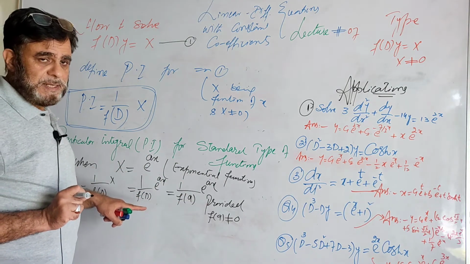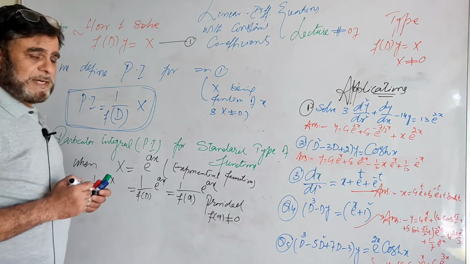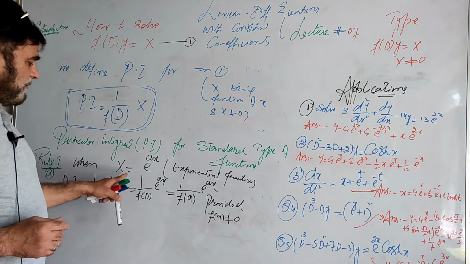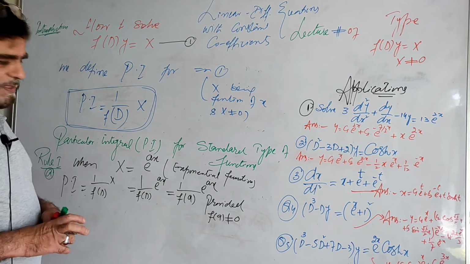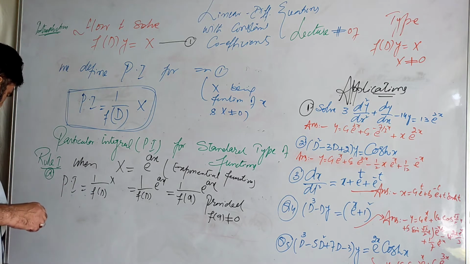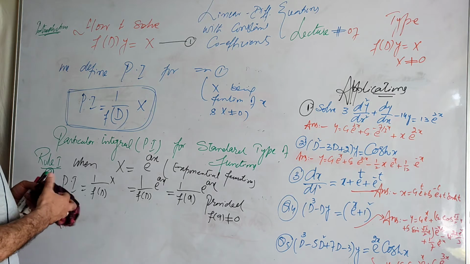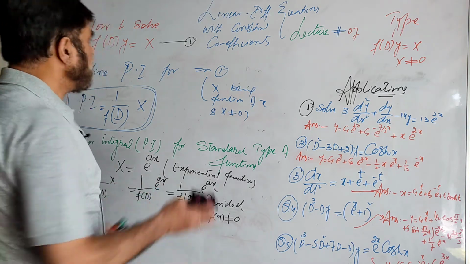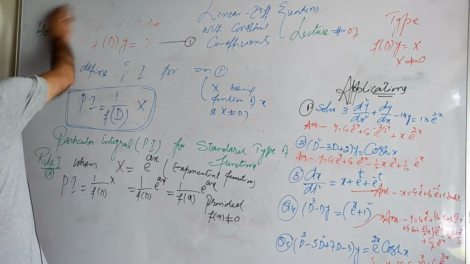That is the second case, which is the same rule 1 b part, known as the failure case, for x equal to e raised to power ax. I will discuss the failure case, and then we will do some problems. In those problems you may have both non-failure and failure cases, and we will discuss them together.